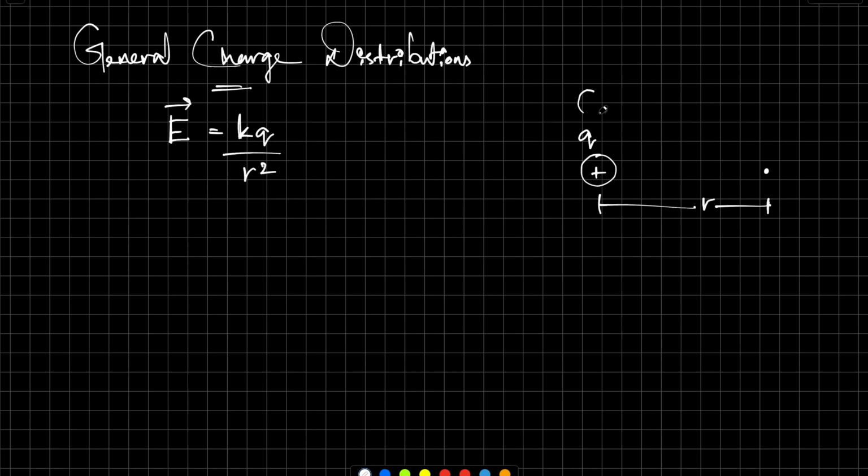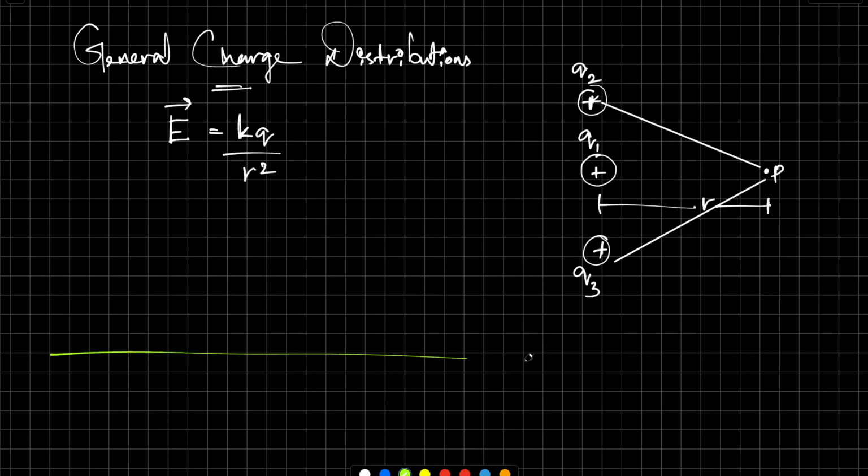If you have 2 more charges, I'm going to add 2 more charges. The total electric field will be the electric field due to charge 1 at this point P plus electric field due to charge 2 at this point P plus electric field due to, let's say this one, charge 3 Q3 at this point P. Okay, if you had two more charges, then plus kq4 by r square plus q5 by r square. What if you have an infinitely long conducting wire